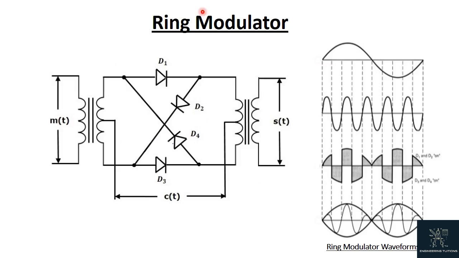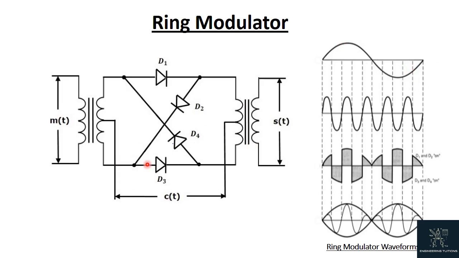Now, the ring modulator. Following is the block diagram of the ring modulator. In this diagram, the four diodes D1, D2, D3 and D4 are connected in a ring structure. Hence, this modulator is called the ring modulator. Two center-tapped transformers are used in this diagram. The message signal m(t) is applied to the input transformer, whereas the carrier signal c(t) is applied between the two